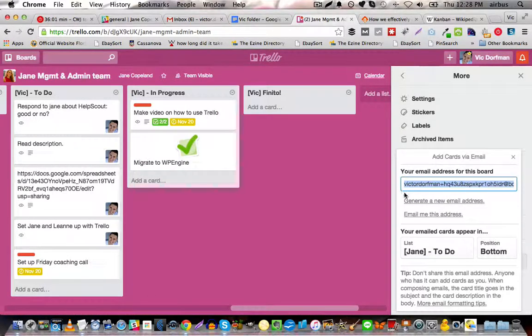So for example, let's say that I want to give Jane a really important task that she needs to do, like send me the login credentials for her hosting company, but she's not on Slack, or you're not on Slack. So what I would do is I would say, your emailed cards appear in Jane, to do, position, top, okay? And then I'm going to copy this,